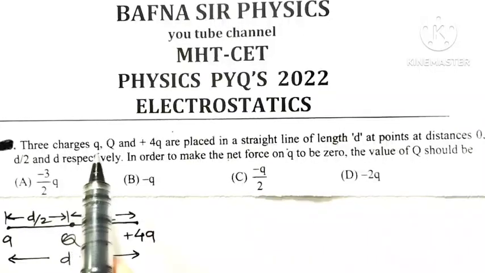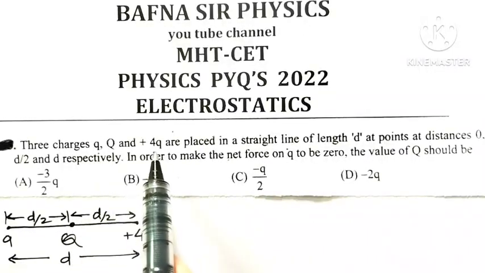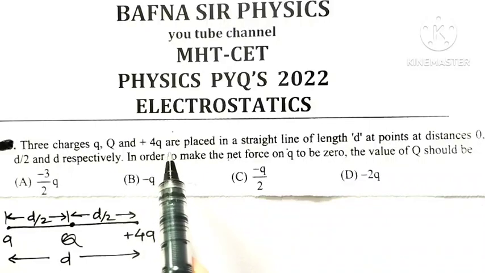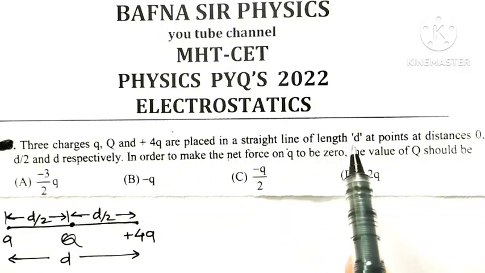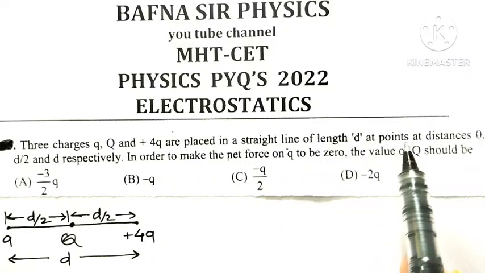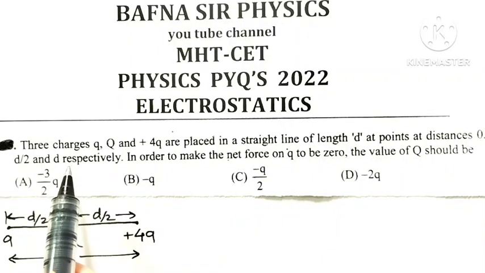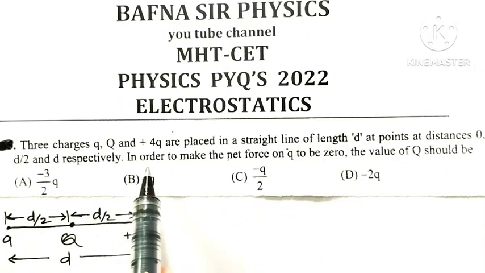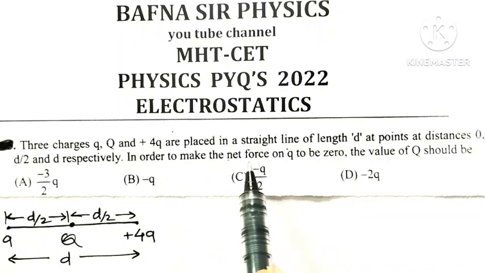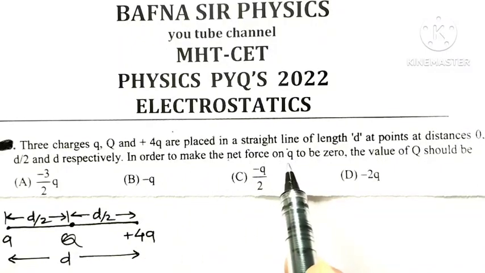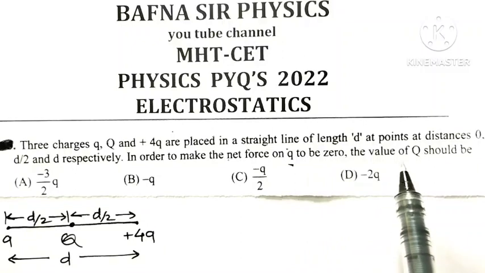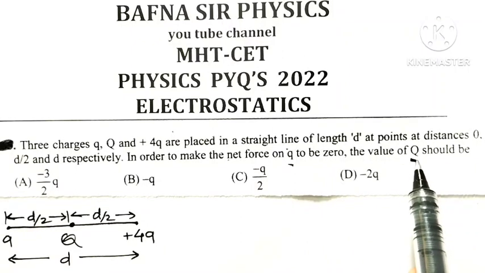Three charges, small q, capital Q and plus 4q, are placed in a straight line of length d, at points at distances 0, d by 2 and d respectively. In order to make the net force on q to be 0, the value of capital Q should be...